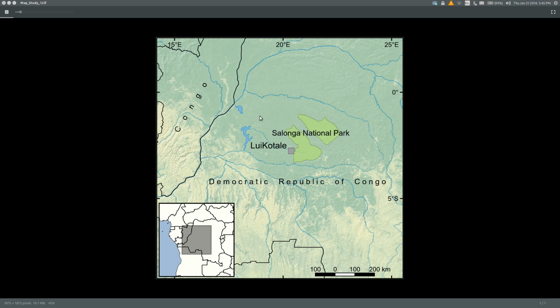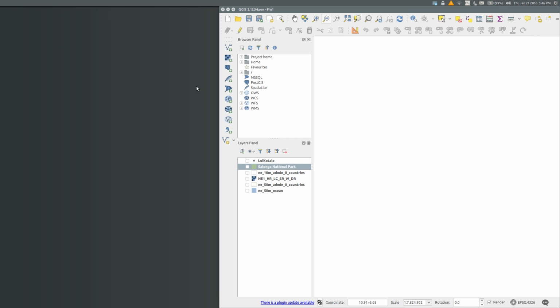This is the map that I'm going to prepare. It shows the study site at Louis Katali on the edge of Salonga National Park in the Democratic Republic of Congo. And there is an inset map to indicate the geographical location of the main map. To prepare this map, we need to start with the main window in QGIS, to which I've already added 6